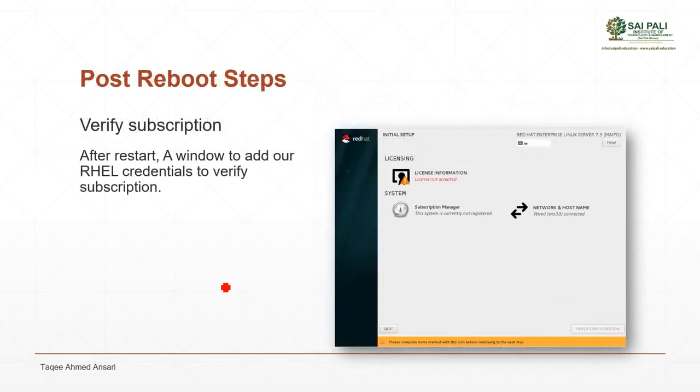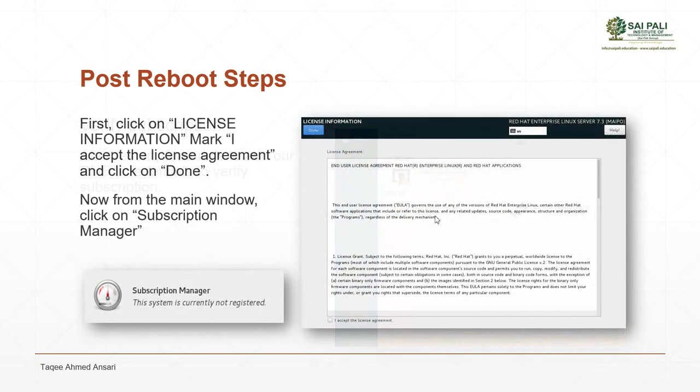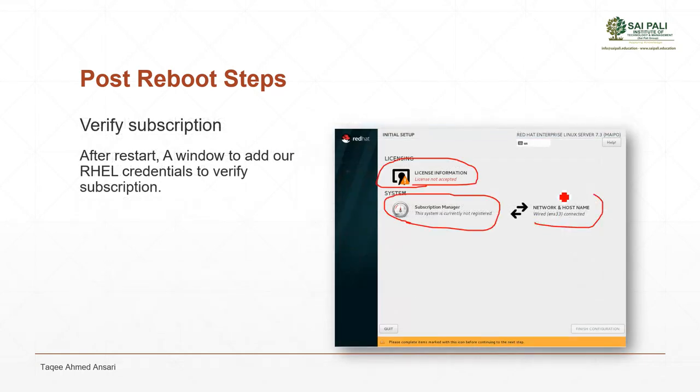When you reboot, this option comes in the graphical; in command line it does not come. Here it comes, it says the license agreement. So you have to click and accept your license. And again here it says you have to subscribe. Remember I said RHEL is not free. So it tells you to subscribe. When you subscribe, that means you click here, and for that you need an internet connection. So it is giving you the option to configure it here also.